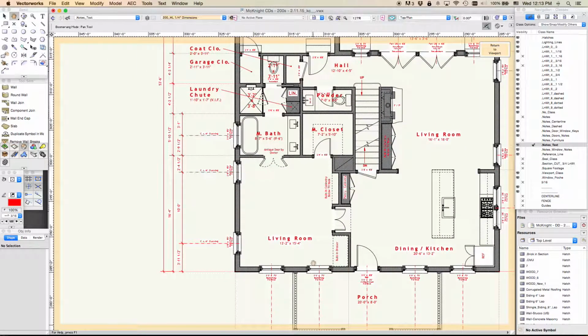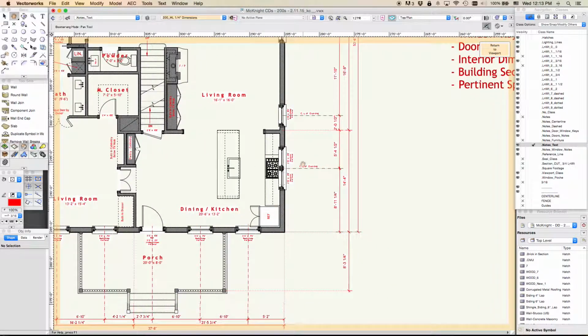So when the framers are working, here you can look at the wall dimensions first and kind of lay out the walls, and then coordinate inside with the windows as well. So